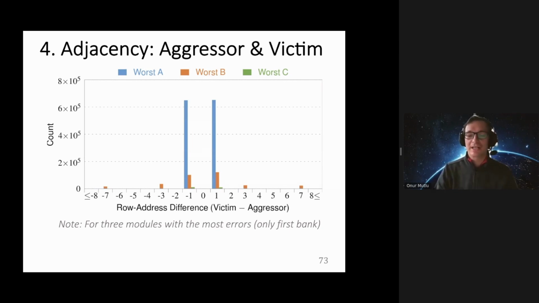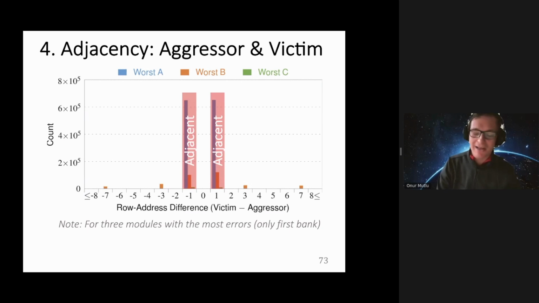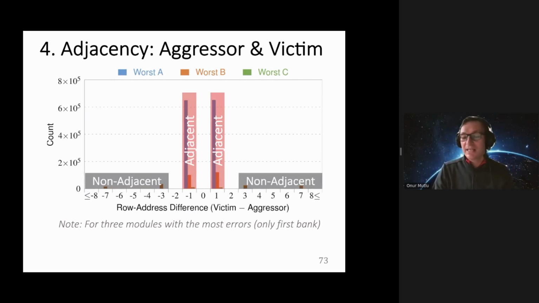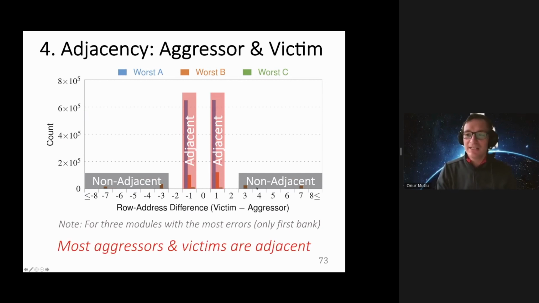The memory controller hammers row address X, and it gets bit flips in row addresses X plus 1 and X minus 1. But sometimes it also gets bit flips in non-adjacent rows. So there are multiple reasons over here. The main reason is that the memory controller does not know the address mapping scheme that's used internally in DRAM. Not in all cases are address X and addresses X minus 1 and X plus 1 physically adjacent to each other in DRAM,